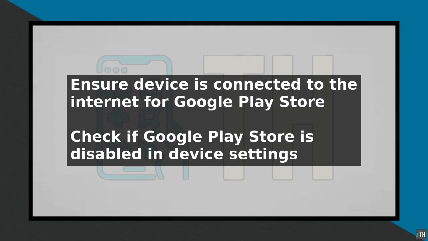To fix a missing Google Play Store on Android, start by ensuring your device is connected to the internet. Open your device's settings and check if the Google Play Store is disabled. If it is, enable it by going to the Apps section, finding the Google Play Store, and toggling the switch